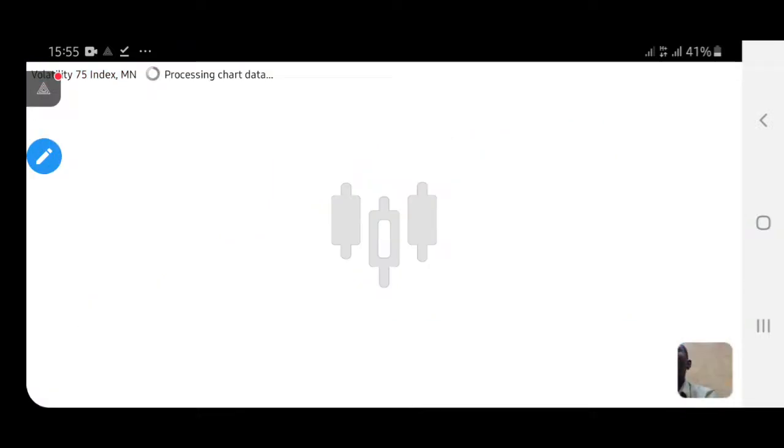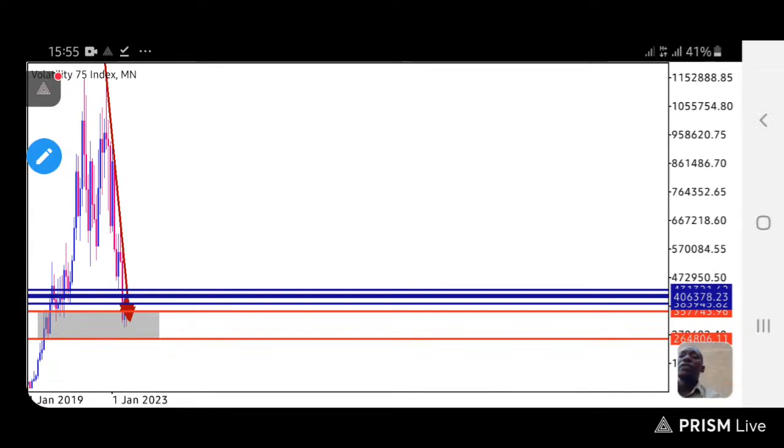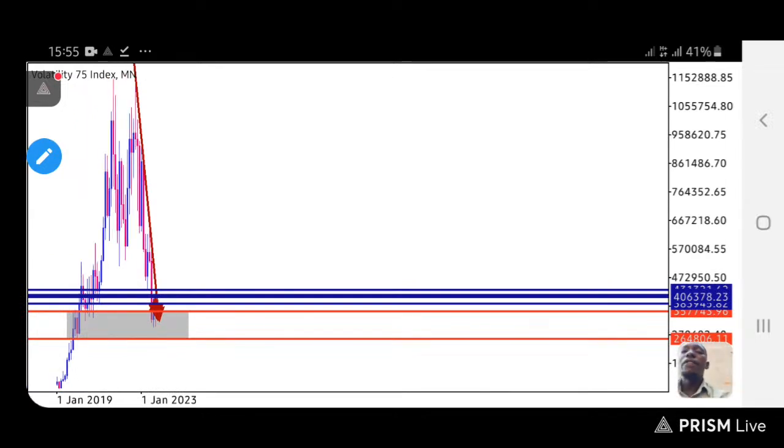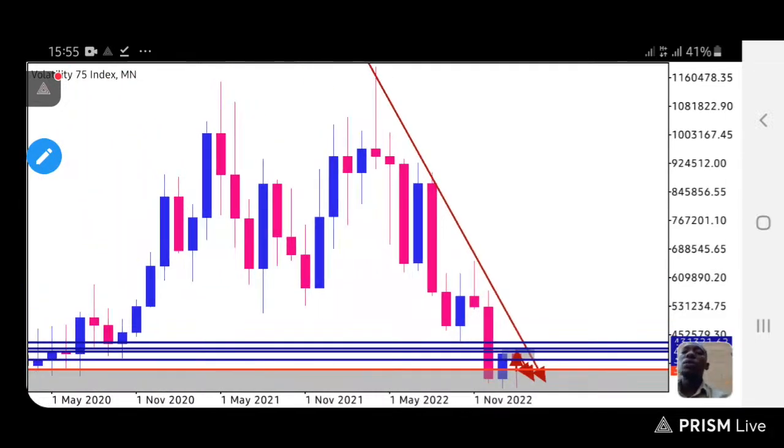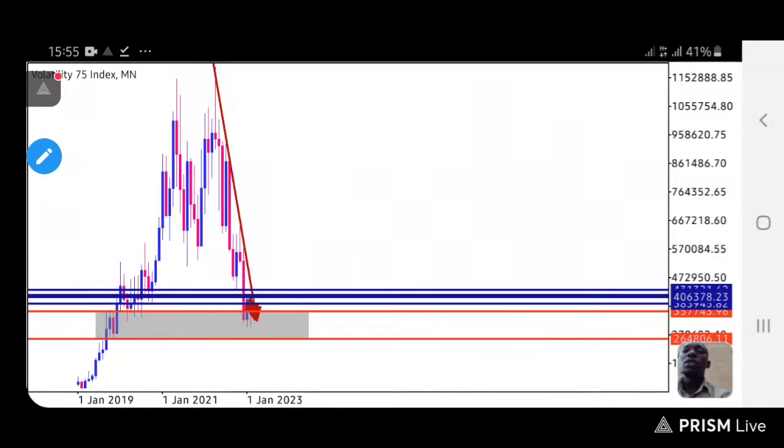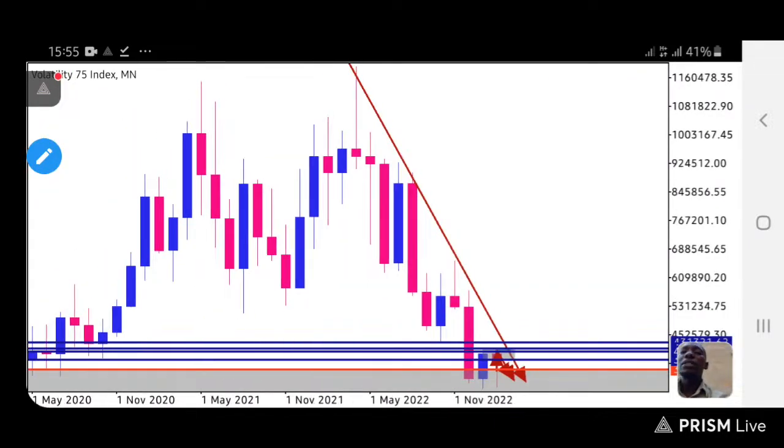So how do we make a market analysis? We always have to start on a higher time frame. We are on the monthly, guys. This is a monthly time frame. It helps us to show exactly the direction of the market, where it is heading, as we apply the market analysis. So the higher time frame is an eagle view of the market to know the overall trend, where the market is heading.